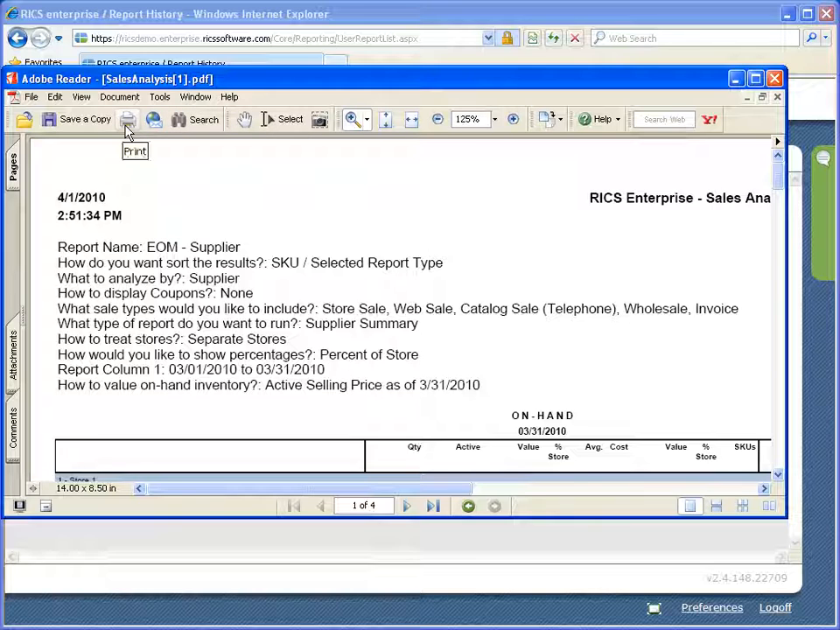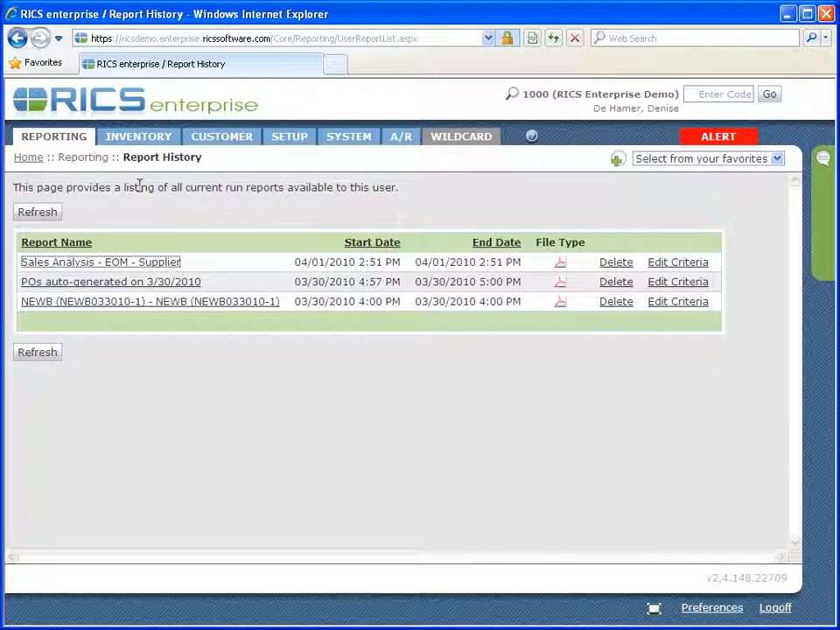I can print it directly to the printer by clicking on the printer icon, or I can save a copy somewhere to my hard drive. And then if I wanted to, I could attach that to an email and email it to someone like a supplier. From the report history, I can also edit this report. So if I click on Edit Criteria,